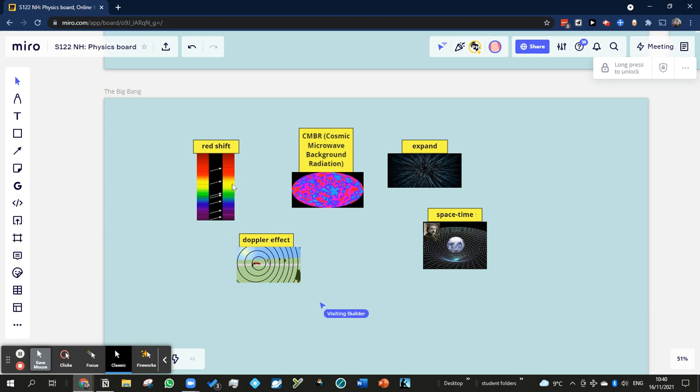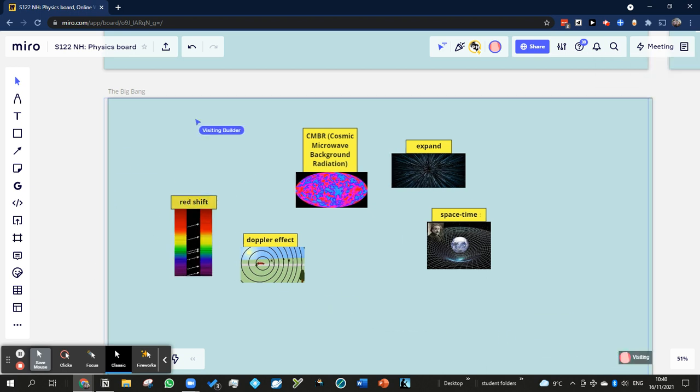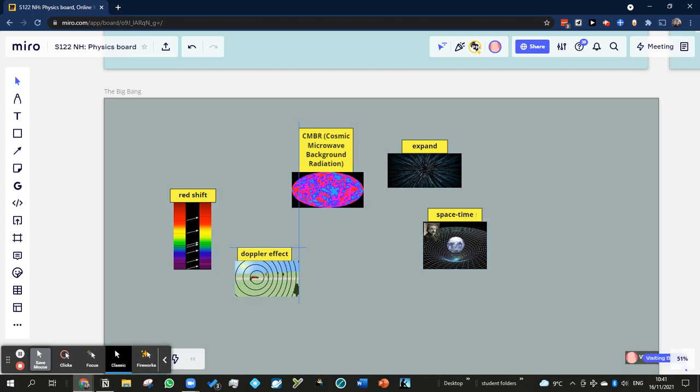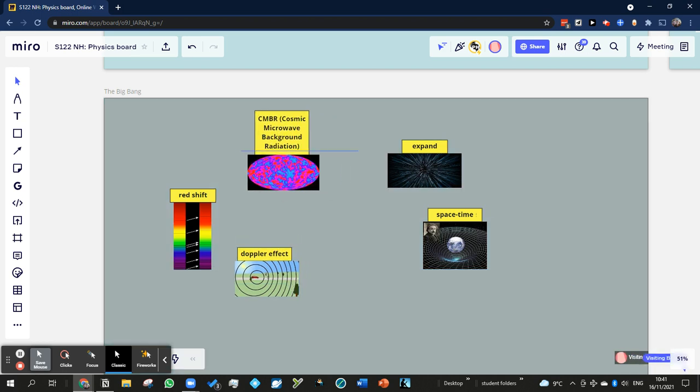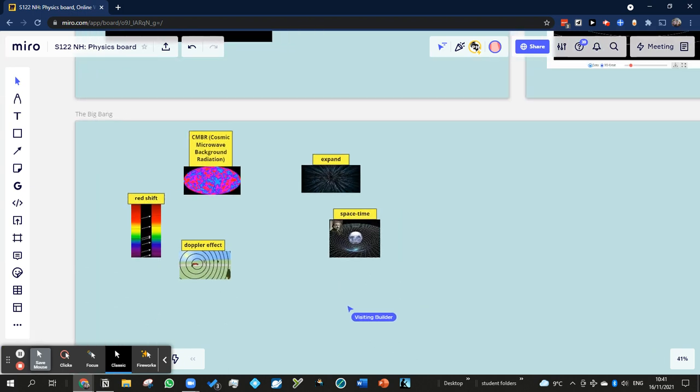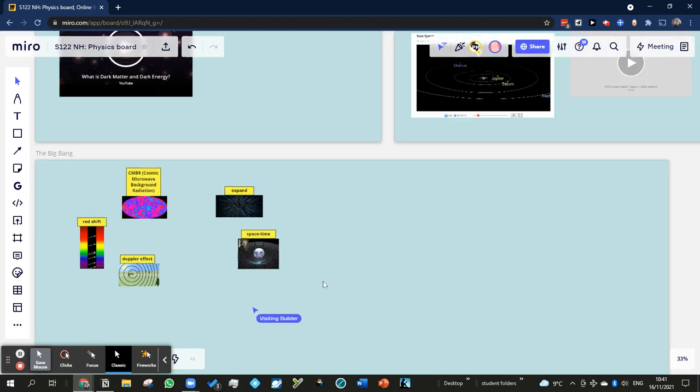We're going to look into some of these things. The redshift is connected to the Doppler effect. The CMBR is connected to the redshift. So to help us to understand how the universe could be expanding and how that might be experienced by somebody in this expanding universe,